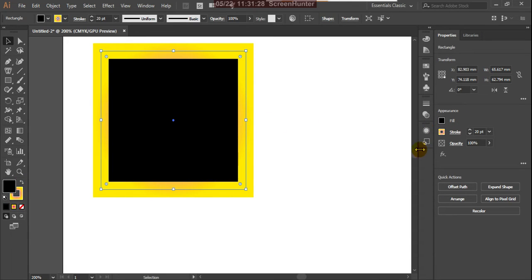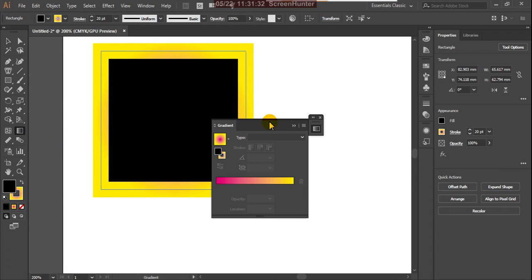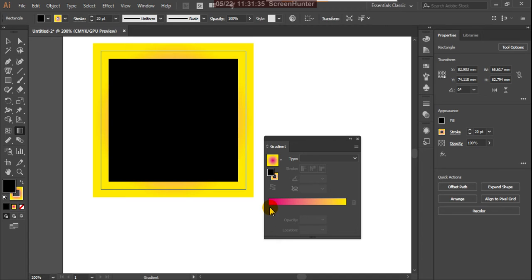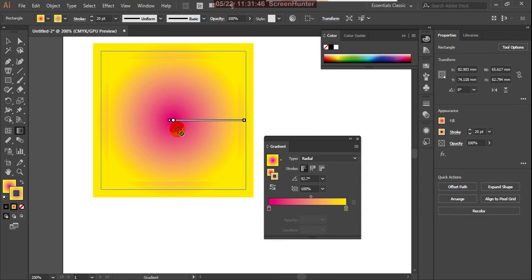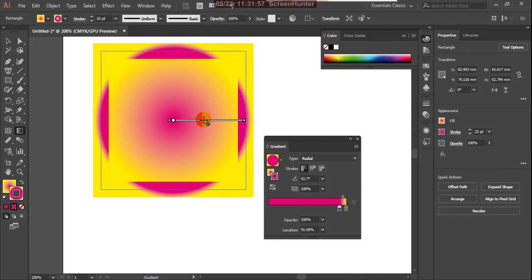Here, see, suppose here, this is what for the outline. You can use this. Yes, it is applying for the outline.